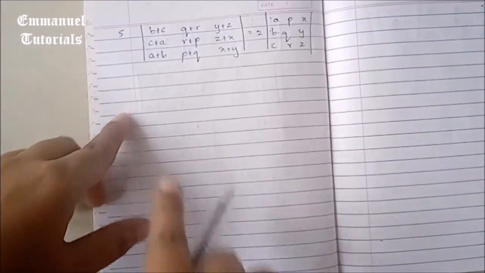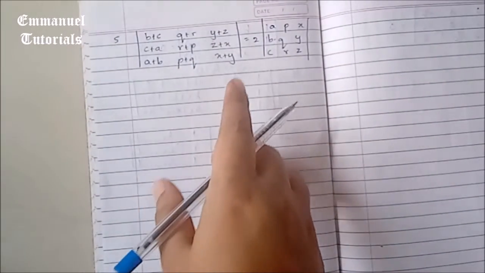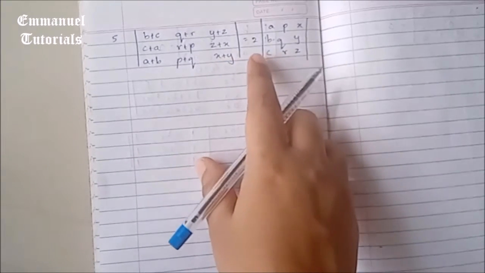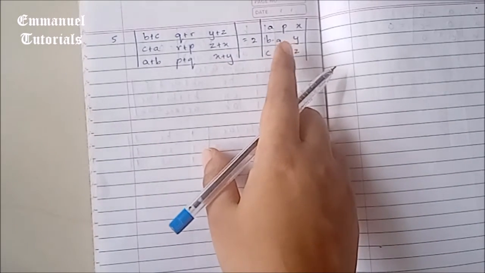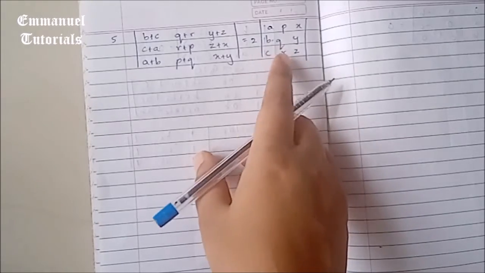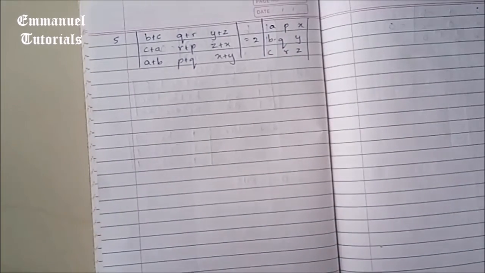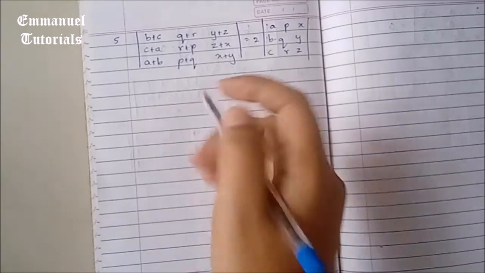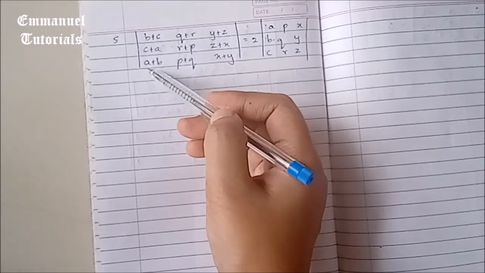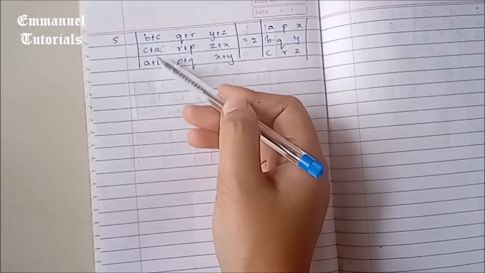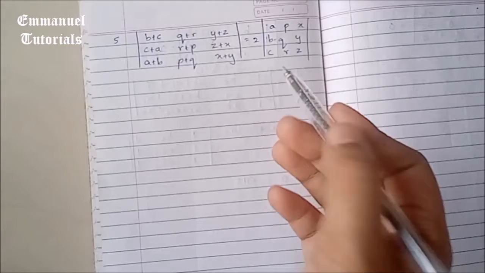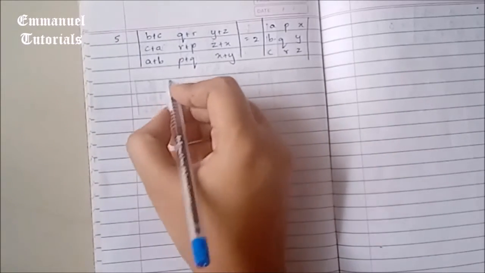You have to prove that the determinant |b+c, c+a, a+b; q+r, r+p, p+q; y+z, z+x, x+y| is equal to 2 times the determinant |a, b, c; p, q, r; x, y, z|. Now for this, what we are going to do is add the second two rows to the first row. We know that that's not going to change the determinant value by the properties.